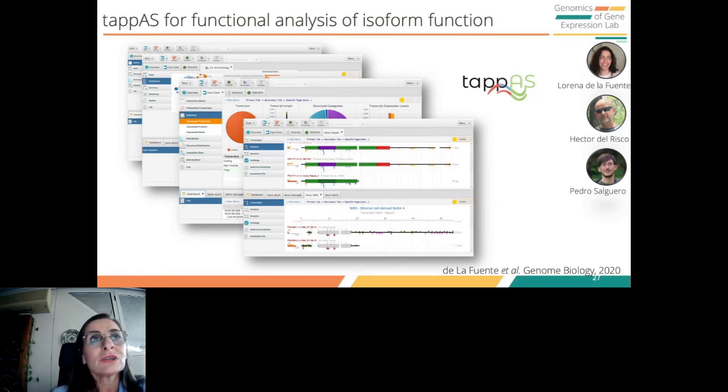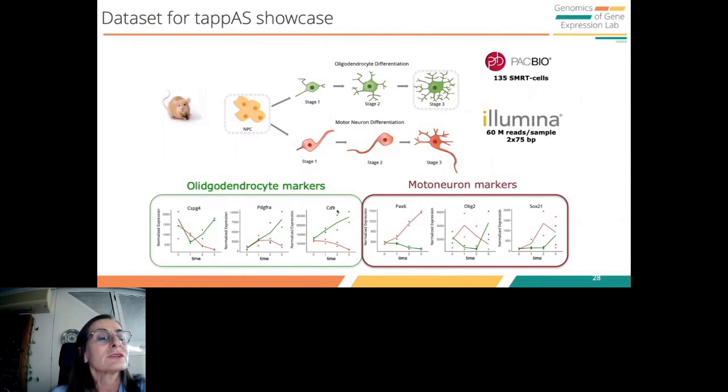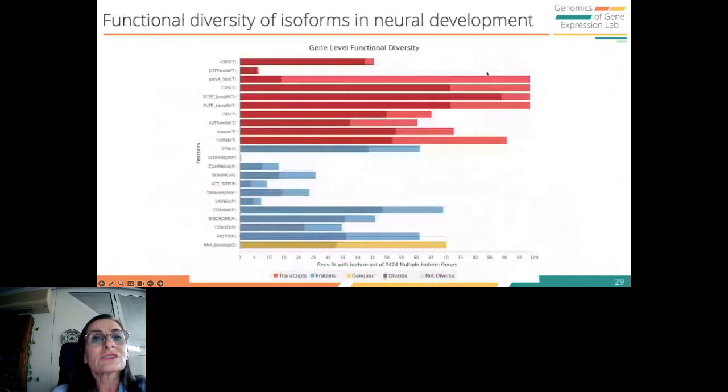We have used this software with a number of data sets, showing here the results using this simple system in which we differentiated mouse neural progenitor cells into oligodendrocytes and motor neurons, at different stages. I will show results mostly of the transition between progenitor cells and oligodendrocytes. So this is one of the results that TAPAS can provide, what's called